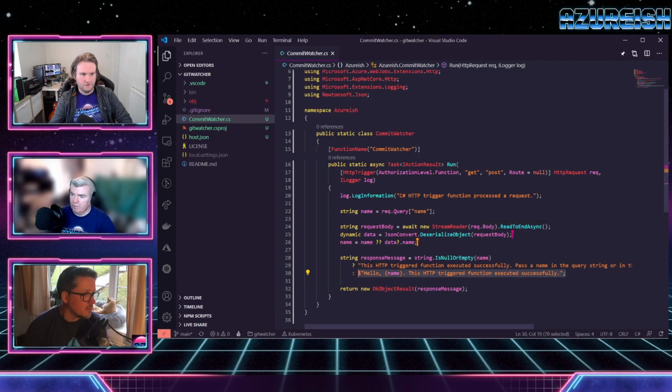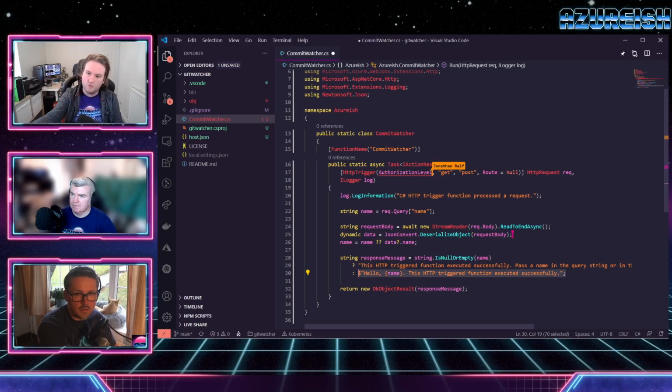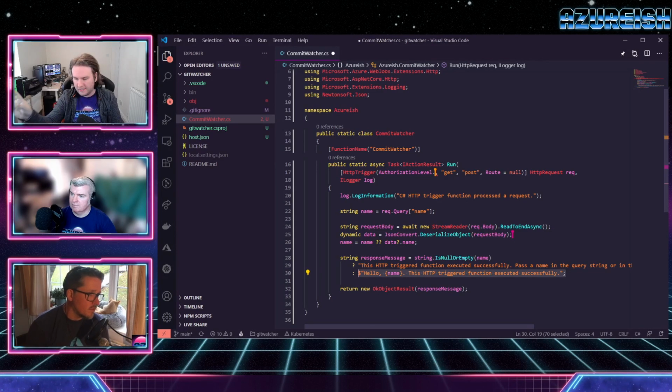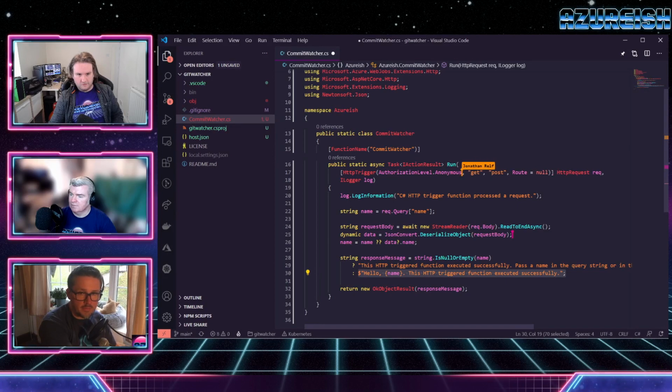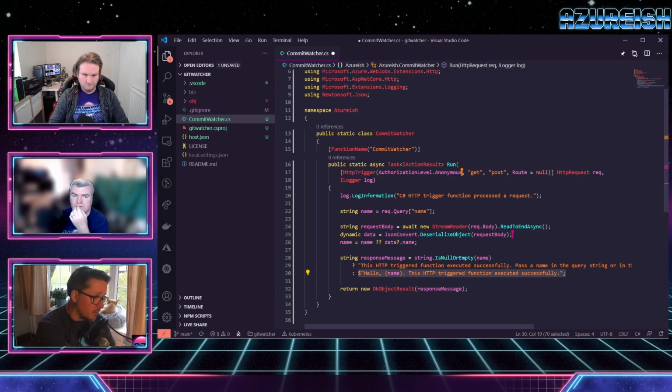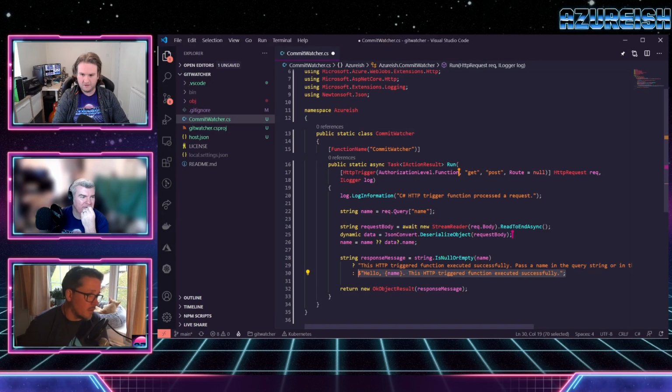Just to be sure, is that going to work with webhooks properly? I think so, yeah. My understanding is we can do one of two things. We could change that to, you can't see my drop down, but for example, Anonymous is one of the options, which wouldn't require any authorization at all. He says, misspelling anonymous. But the Function one that comes default from that template insists on that key once deployed. And because it's part of the URL rather than a header, it's simple enough for us to suffix it.